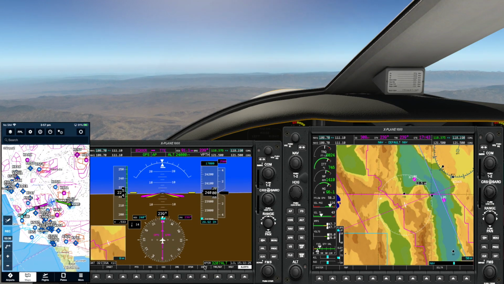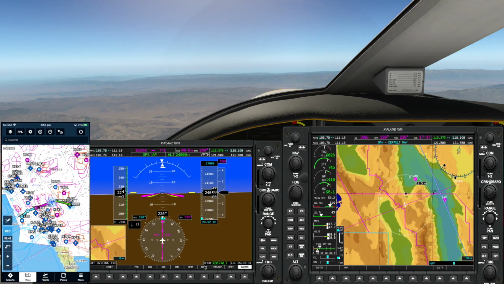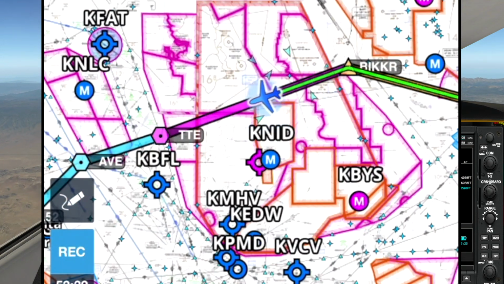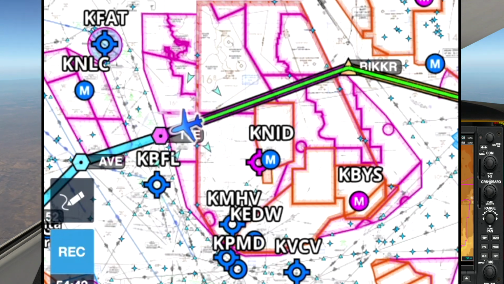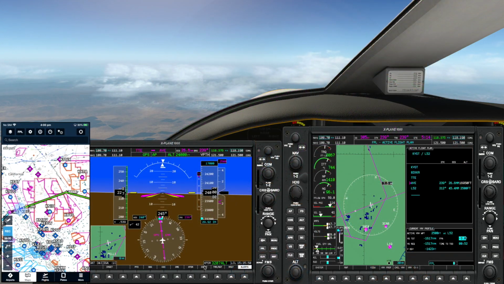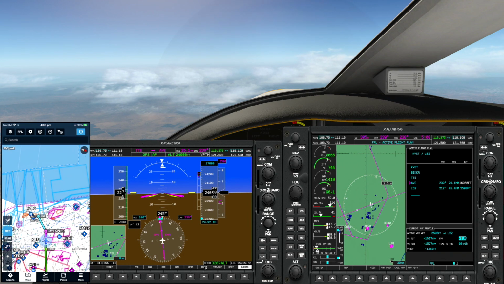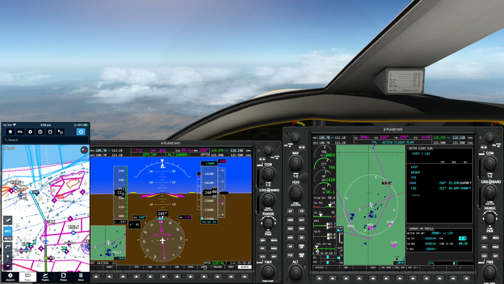So that's kind of our long range shot. You can actually see we're approaching the halfway point this time. You can see on ForeFlight now we're just very near L52, just approaching Avenor, 37 seconds to the top of